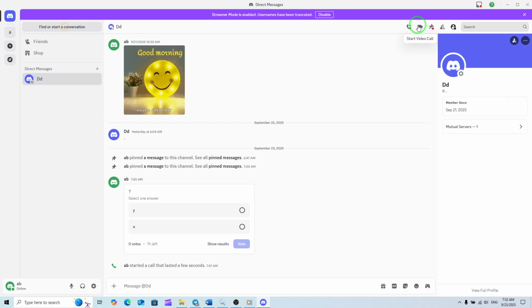As soon as you do, Discord will begin calling the other person or group. If the person accepts, the video window will open, and you'll immediately be connected face-to-face. From there, you can adjust the controls at the bottom of the screen. You'll see options to mute your microphone, turn your camera on or off, and even share your screen if you'd